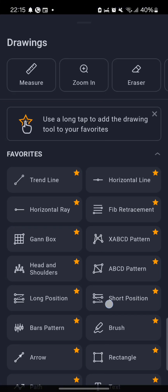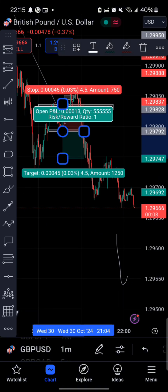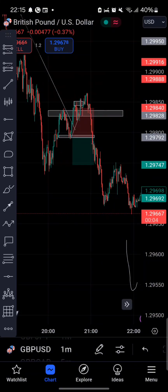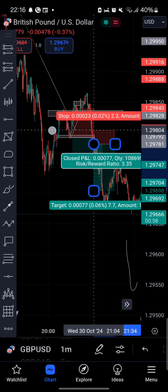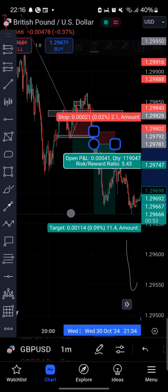Okay, let me show you what I say. This is crazy. So this is where I initially took my first trade. So I was planning on ending a position if ever the market came here and it goes below here. So this is